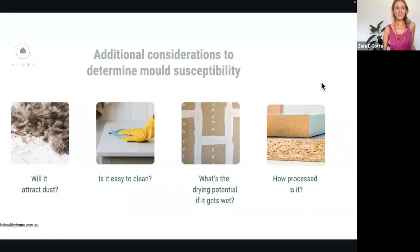So I hope that gives you an understanding of the sorts of things to consider when looking at materials based not only on mold susceptibility, but other health impacts as well. And I think a really important message to get across, I'm always reinforcing to my clients, is that it really is about balance and not perfection. There are so many grey areas. There's so rarely a black or white,